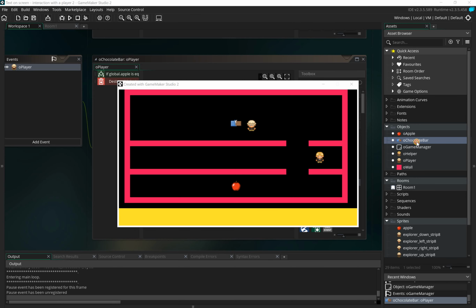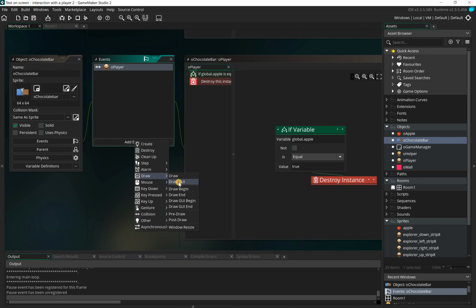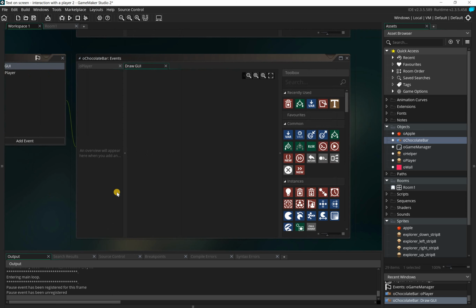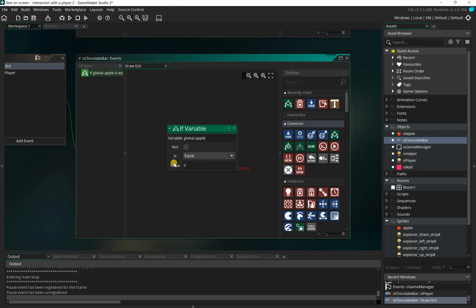So let's open up our chocolate bar. And I'm going to add in an event, so I'm going to click on add, go to draw, and I'm going to go to draw GUI. And what we're going to do, we're going to use the same sort of logic as we used before. So I'm going to say, right, draw this, so global dot apple. So if the global apple is false,